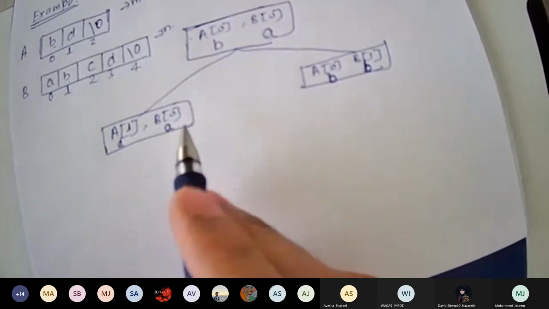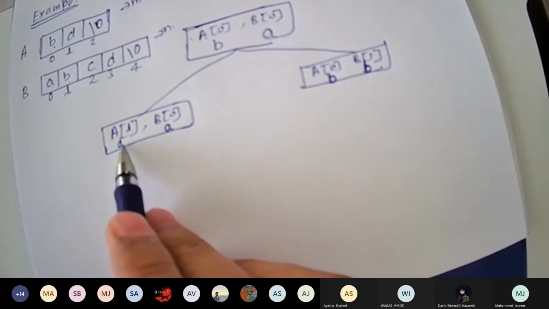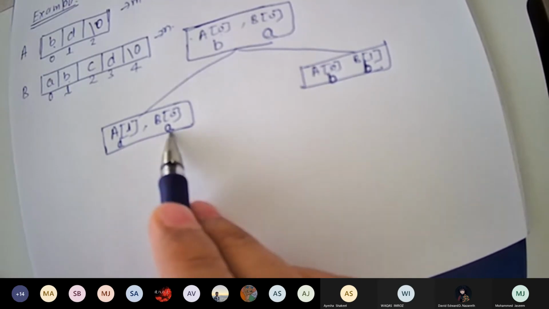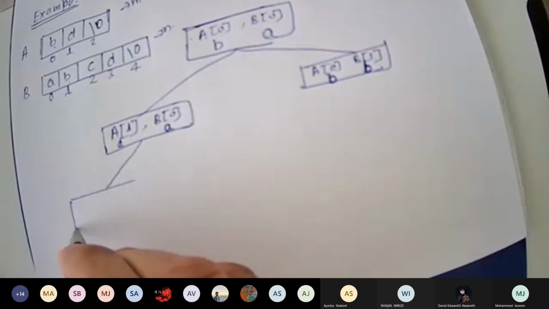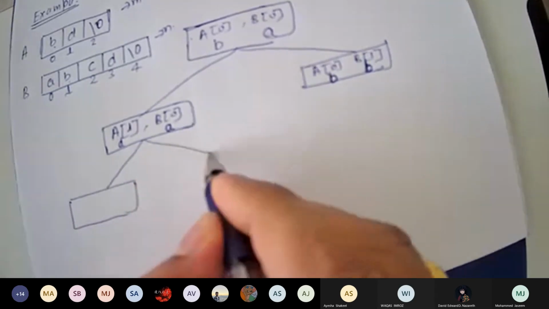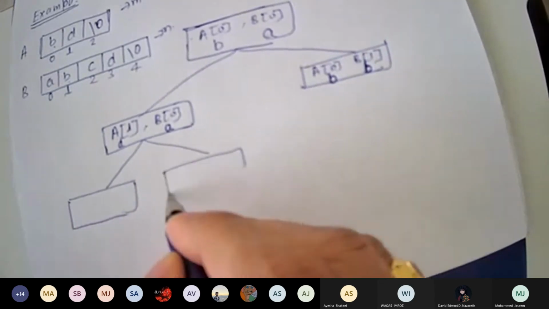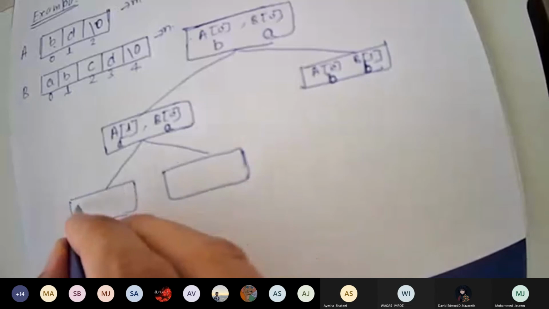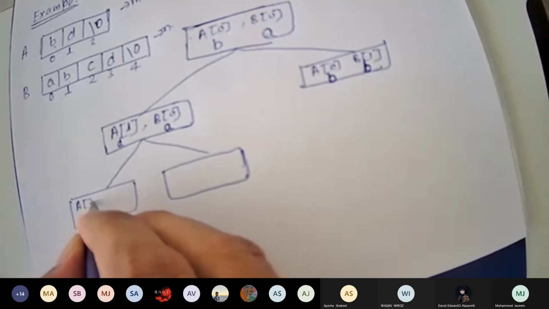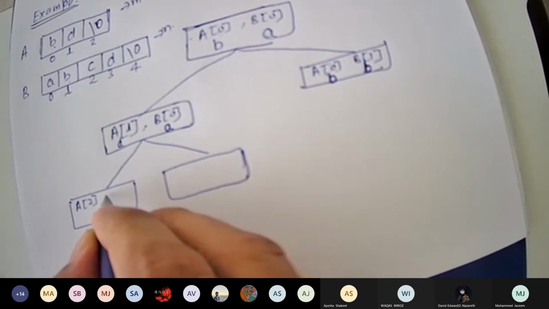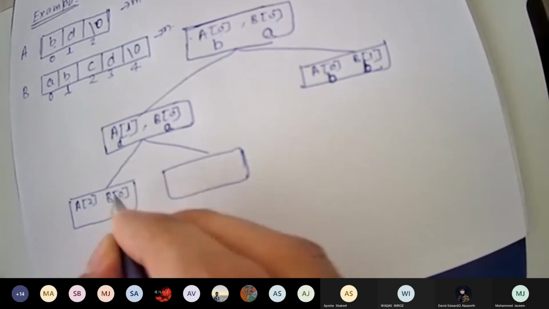So now A1, B0. No place are you getting a 0 value and both are not the same. Then again what will happen? You will get two parts. In one part, the value of I will be increased and the value of J will be the same.